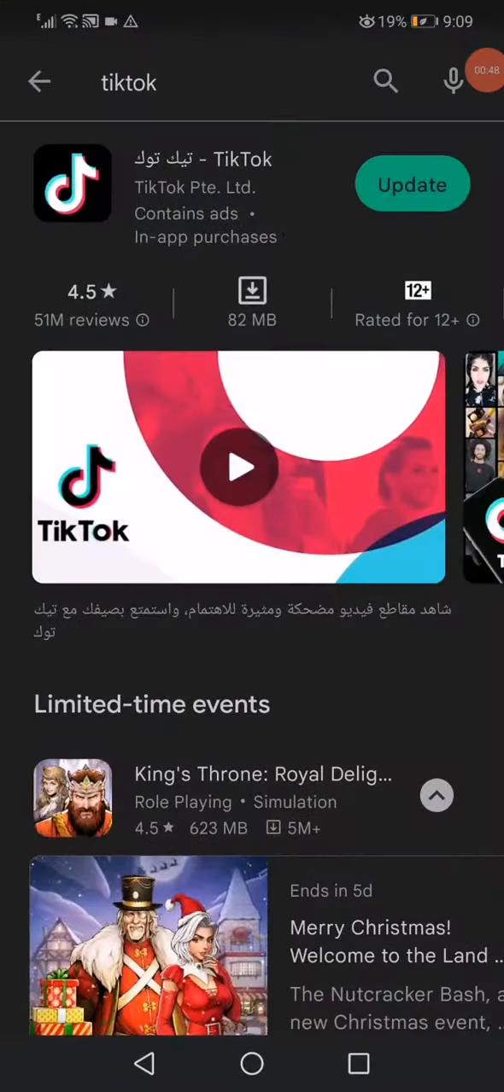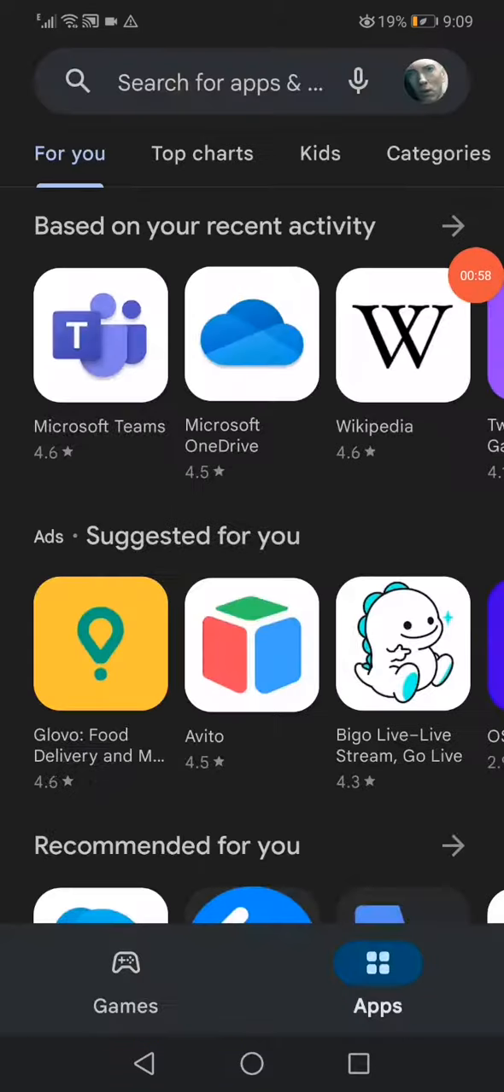Now you should go to the Play Store, and if you have iPhone you can go to the App Store, search for TikTok and you will find this update option. All what you want to do here is click on it and it will get updated and you will find